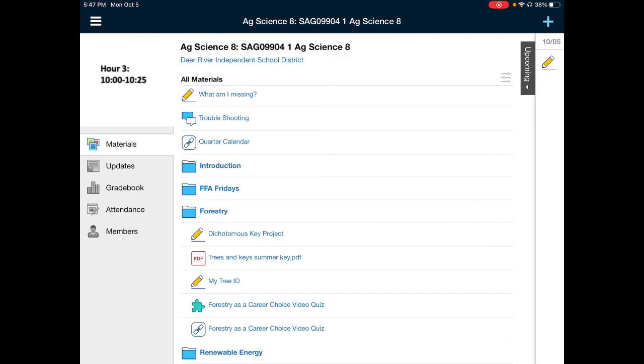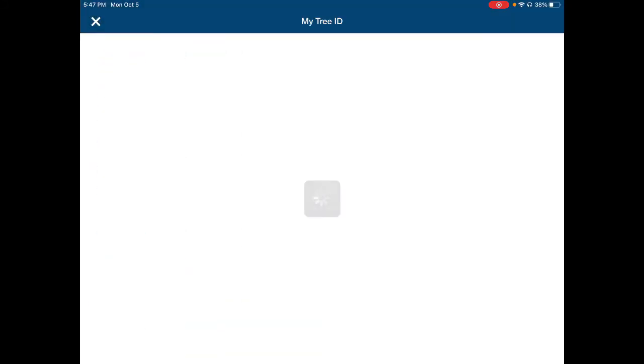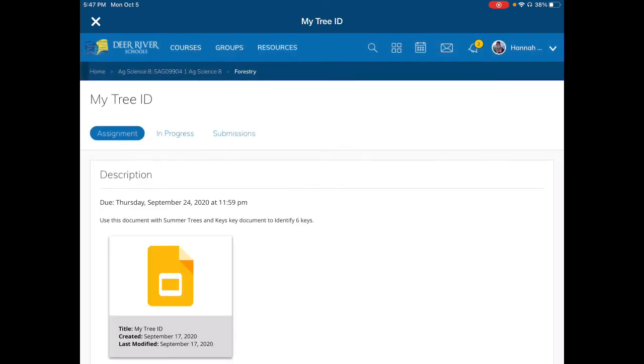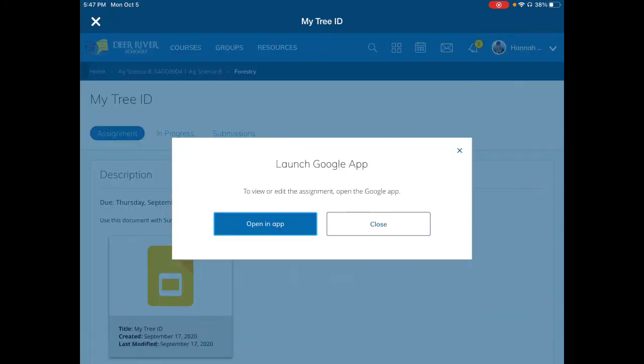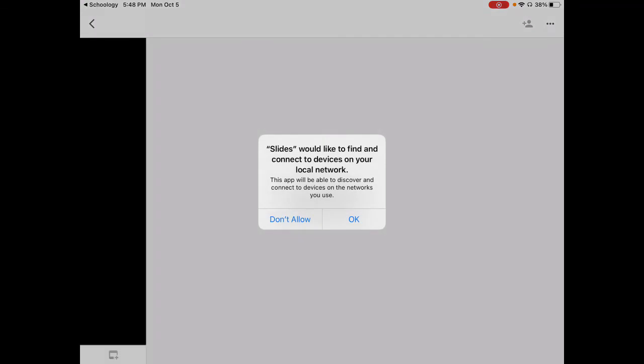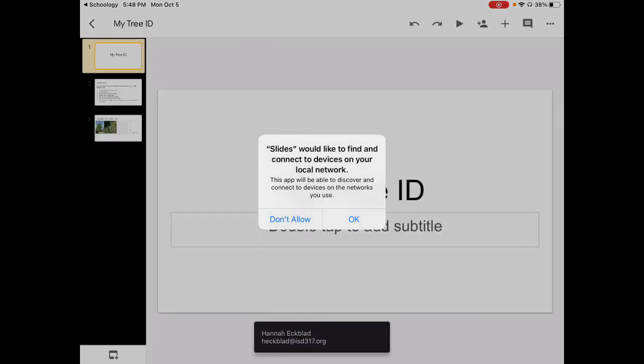So that is right there in the forestry folder. But my tree ID is the assignment. So if you go in, remember yours will look a little differently. You'll have assignments and then you will have my document, but I don't have that because I just have what you guys have been working on. So if I open up this beautiful document,